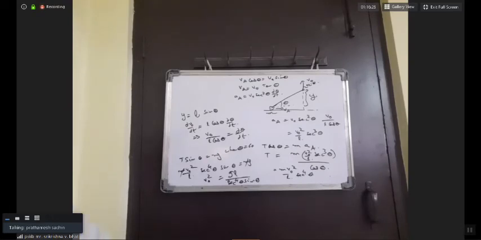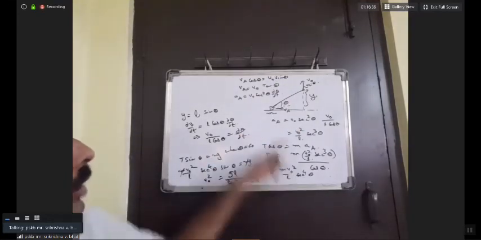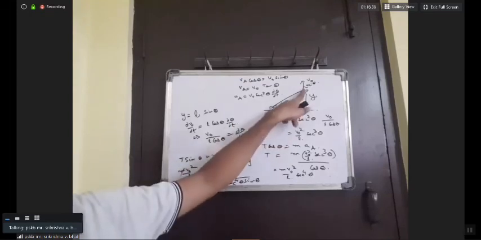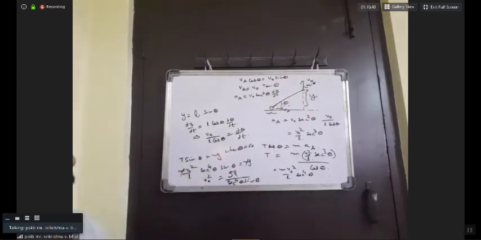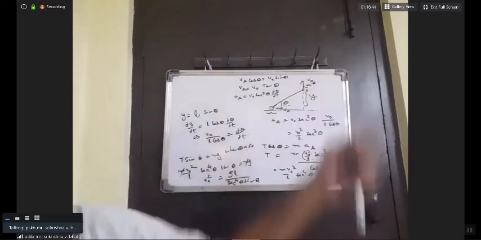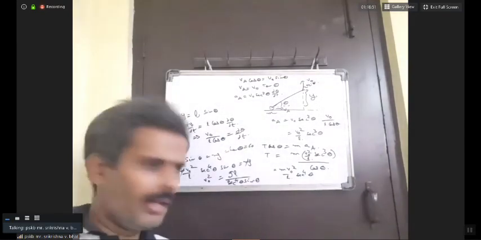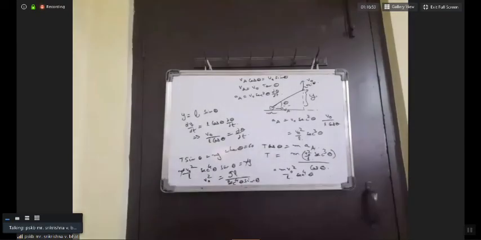Sir, even when we are taking the reference frame of the point, those two equations are also giving the same result. Yes, when you're taking the reference frame of this point, then you can say that this mass is undergoing circular motion with respect to that point, and the resultant force acting on this mass along the string we can equate to mass into centripetal acceleration. Yes sir, like that also. Yeah, so I'll just show you what we get in that case.